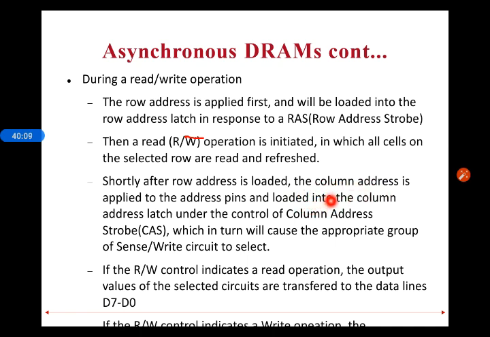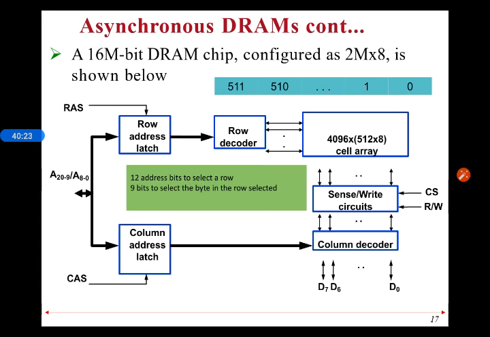Here actually we are using a multiplexing operation. We are dividing these 21 address lines into two, so that only 12 address lines are used in this diagram. Why is it so? Because we don't want to select the row and column at a time. So we will use only 12 bits for the representation of this address.